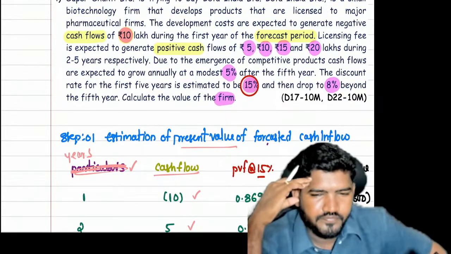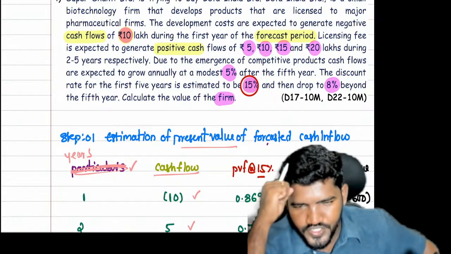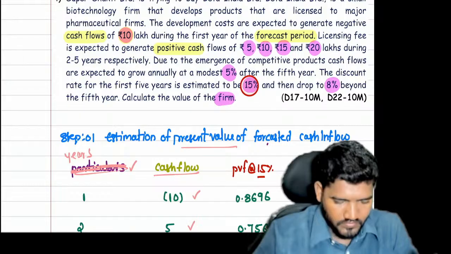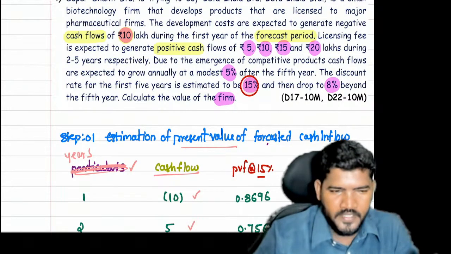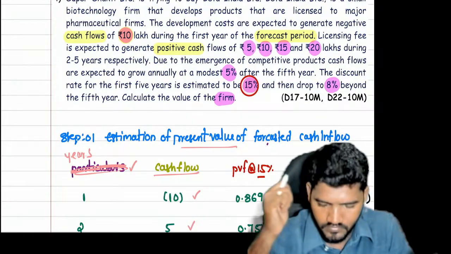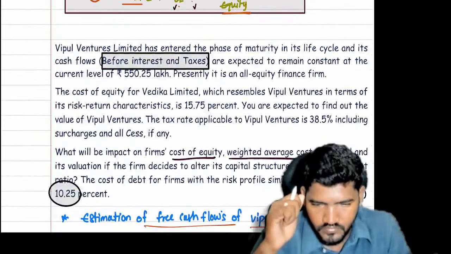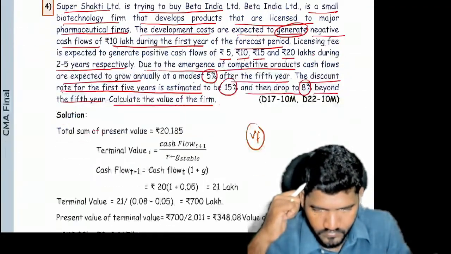Do you understand up to here? Discounted cash flow method. Sujit, Ganesh, Harish. Please respond, guys. Okay, then